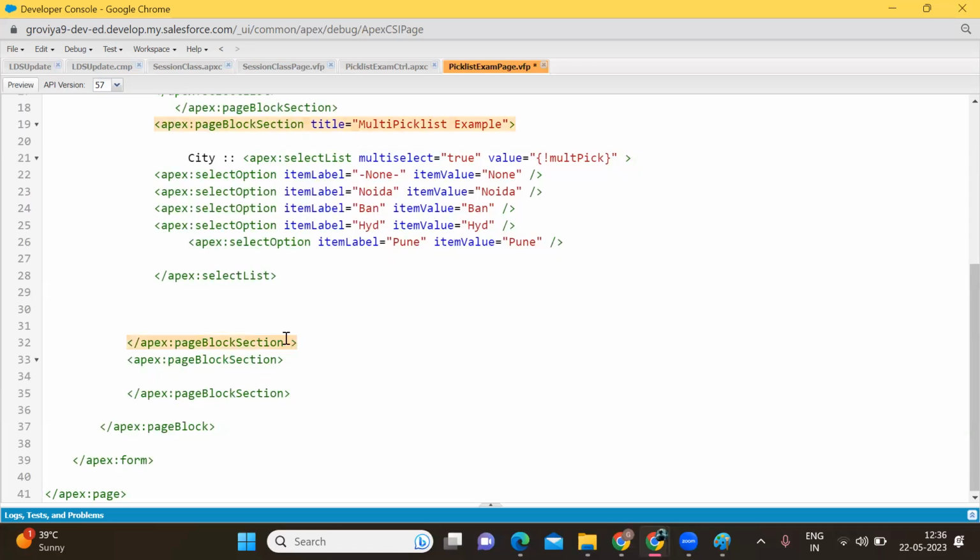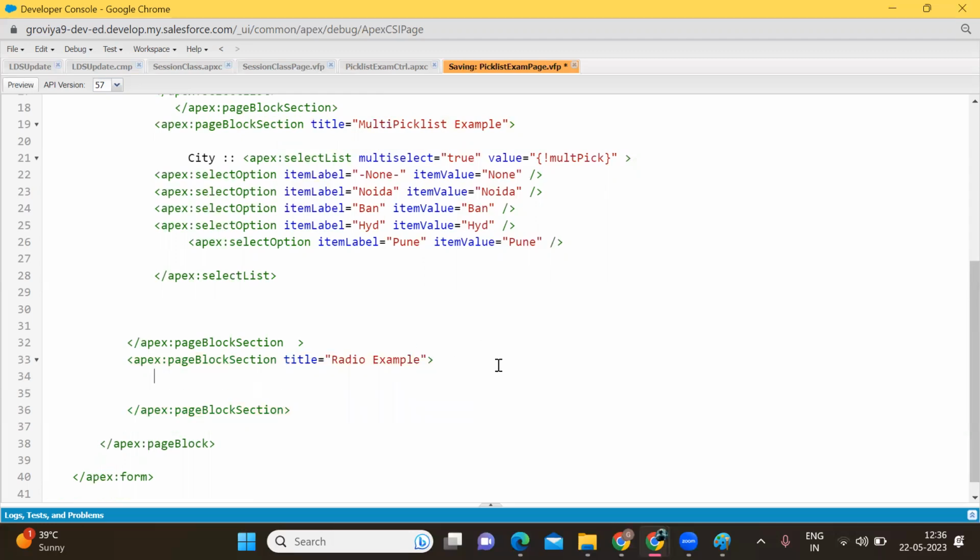Now I'm writing the title name. So title is radio example. So we have one information that is gender. I want to display